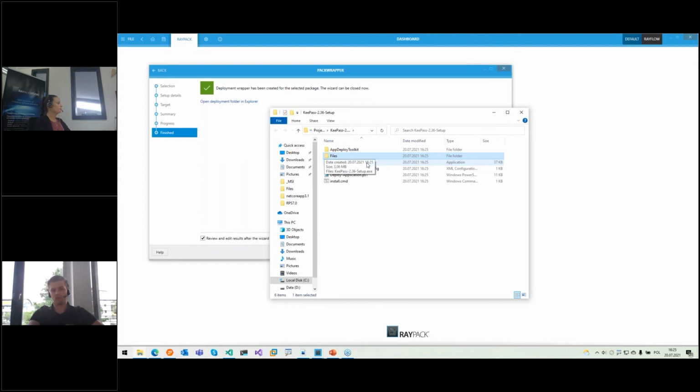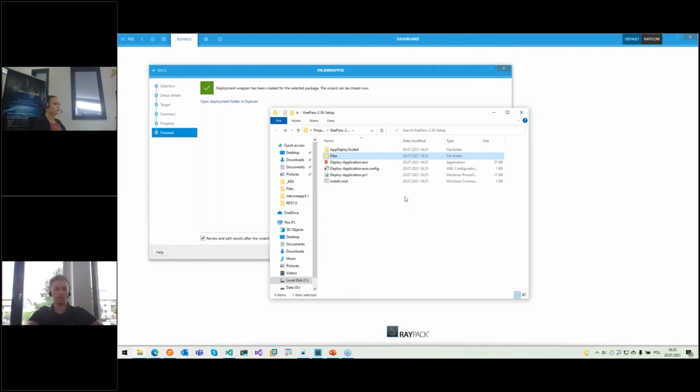There is just some small layer built on top of that, but you can extend and replace it on your own if you need any extension or fix, or maybe even an official one. In this case, there is my KeePass setup, which I just selected in the wizard. There is a bunch of meta files, including the image for the branding. So if the user starts, there is some small